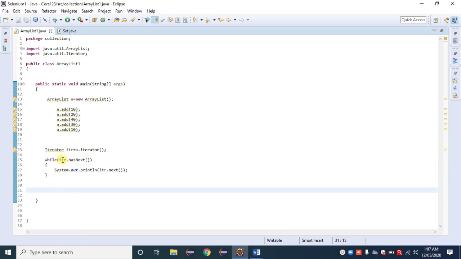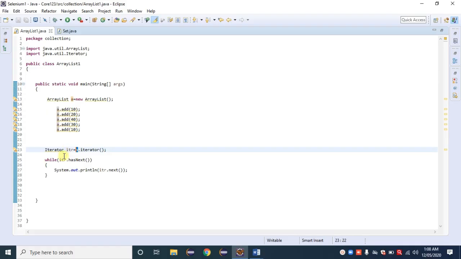Because itr, what is the content of itr? itr is a reference variable that contains the total list a.iterator(). Iterator is the method that iterates the total list a, and that is stored inside the itr reference variable.